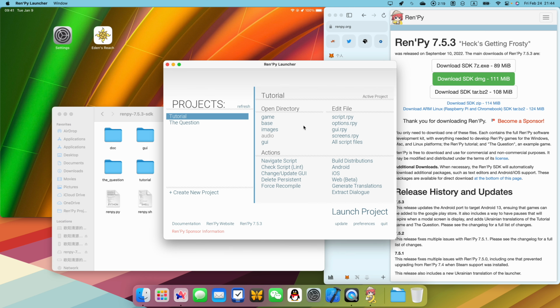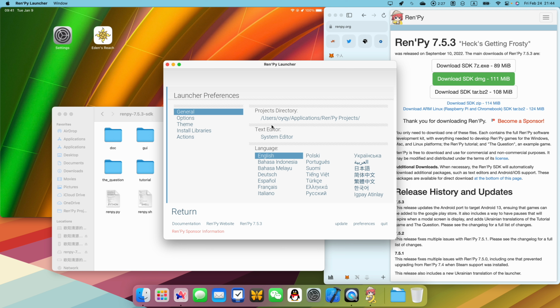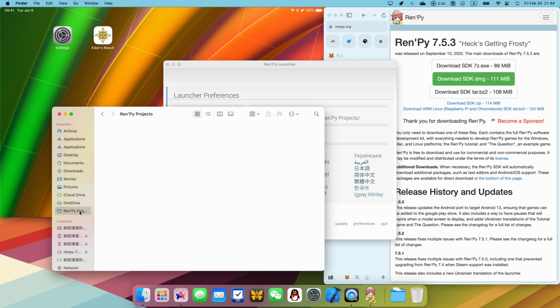If you haven't used RenPy before, it will prompt you to choose a directory for your projects. You can find the path by going to Preferences. Next, open the directory and create a folder using the name of the game.